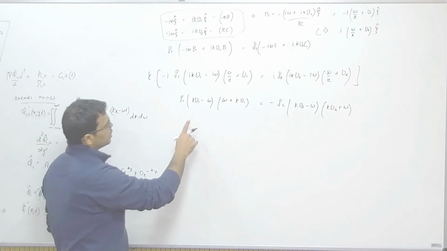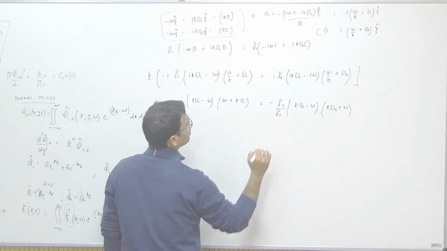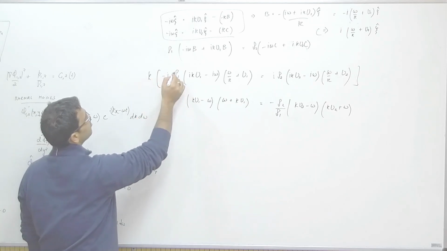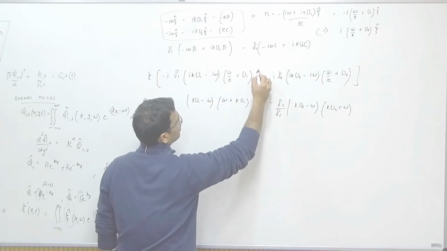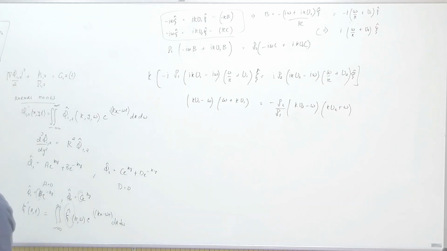Okay, so let's divide this by rho 1. Okay, notice that I had a C hat in both of them. Notice that C hat was there in both of them. For a non-trivial solution, we are trying to find what are these omega. If you say that this equation is satisfied when C hat is equal to 0, yes, you are right, but then you are solving for the unperturbed state basically. Okay,